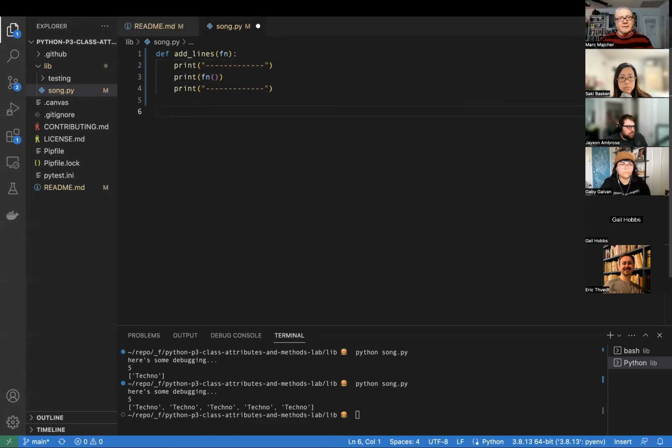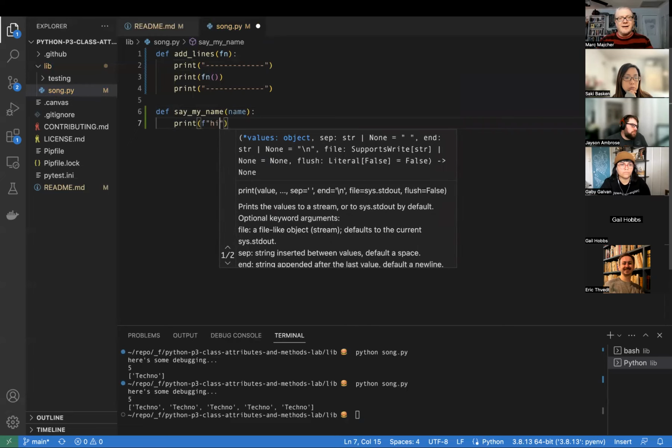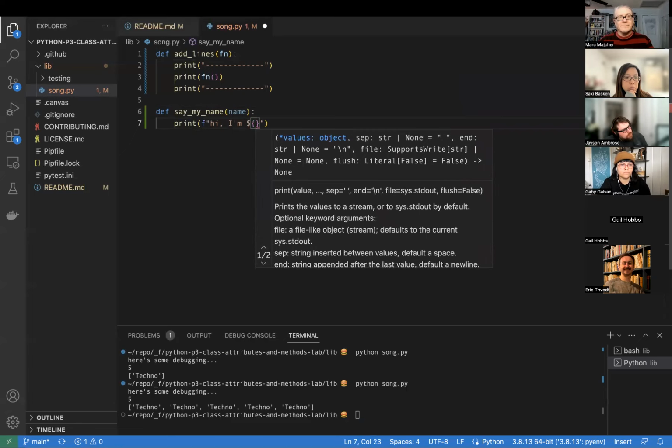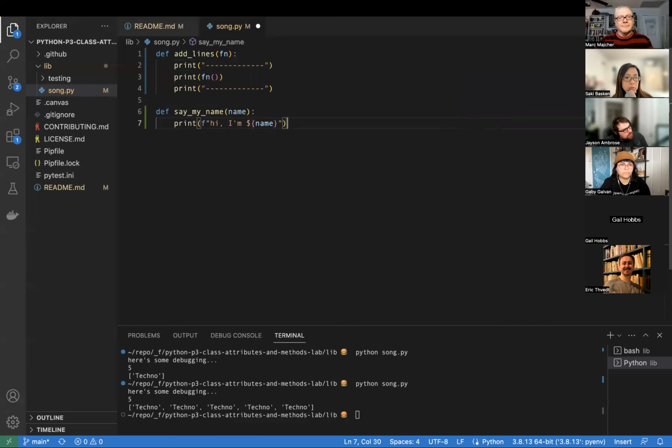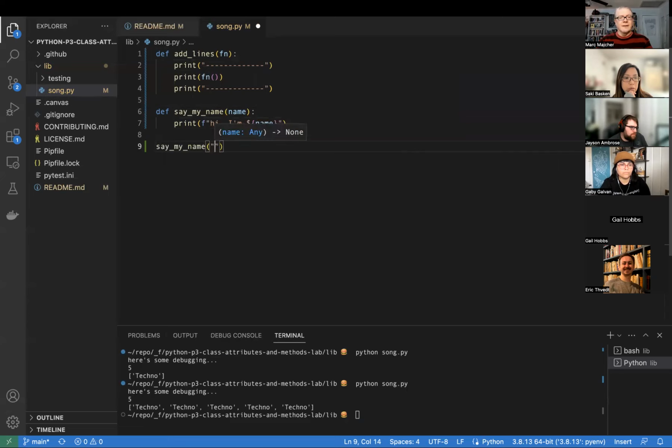So if we write another function here, def say my name, let's say print hi, I'm name, like that. That's how we do that in Python, right? Yeah, that looks all right. And so let's just call say my name here, Mark, and do it with